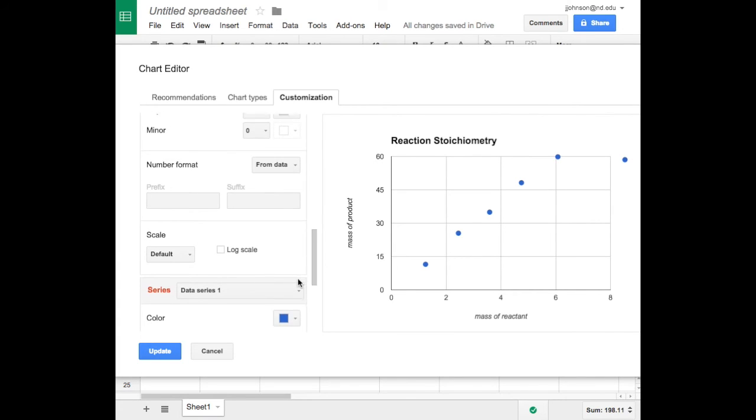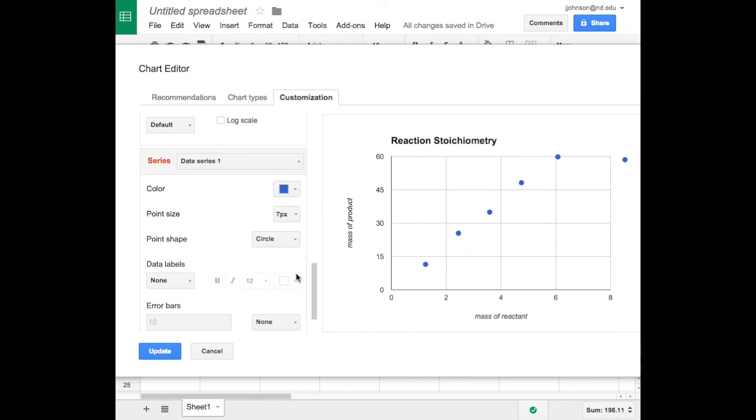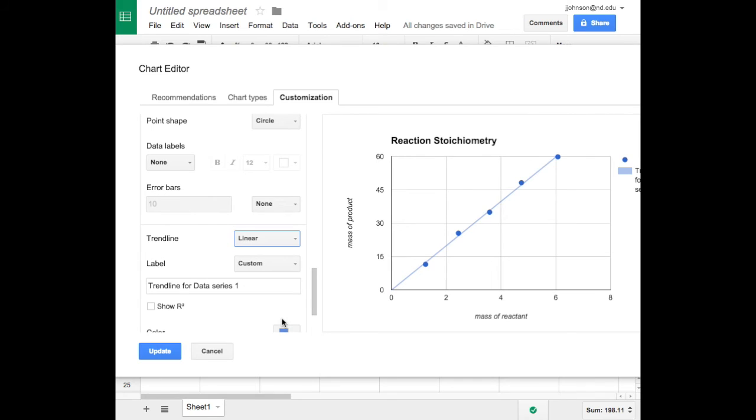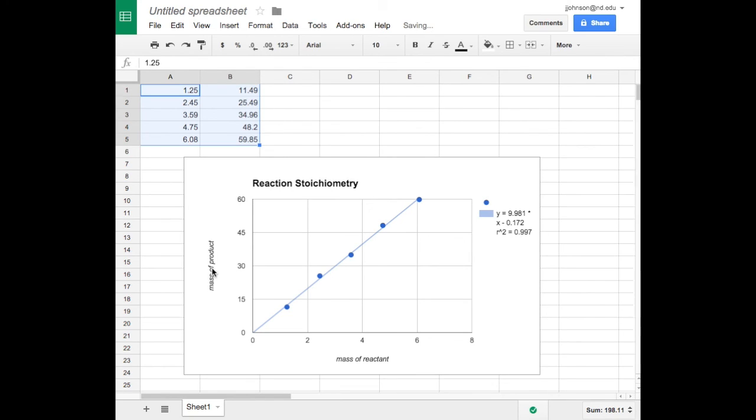But let's go all the way down where we can actually enter a straight line. And it's called a trend line. Now none is selected, but if we pull this menu down, we'll want to select linear as the option. And once we select that, it will appear, and then there's a couple other options we want to appear as well. First is the equation used to construct that line, and then finally we also like to see R squared as well. So if we then click on Update after making these changes, that graph will show,